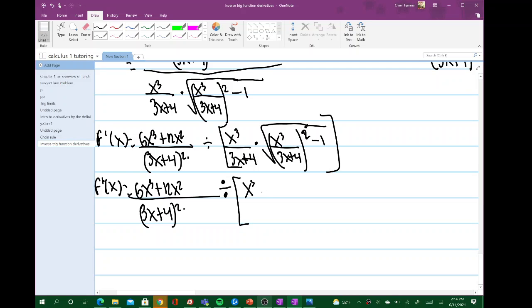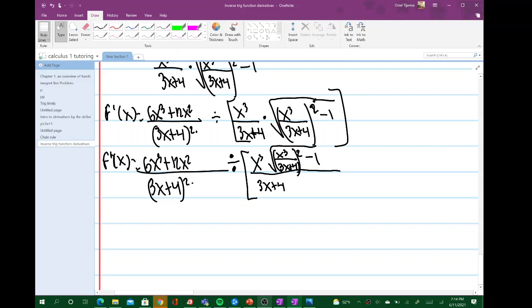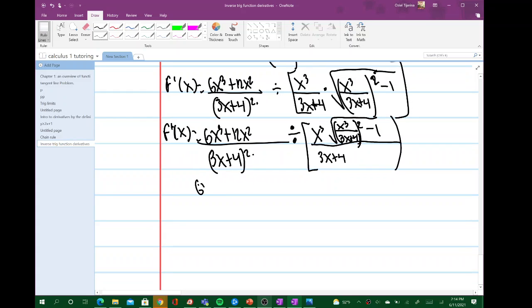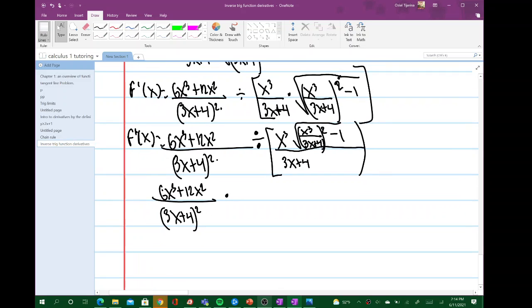X cubed times the square root of x cubed over 3x plus 4 squared minus 1 over 3x plus 4. So then this simplifies to 6x cubed plus 12x squared over 3x plus 4 quantity squared times 3x plus 4 divided by